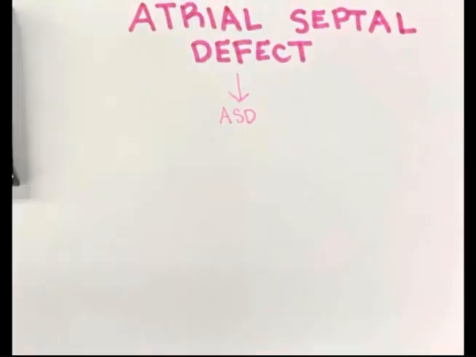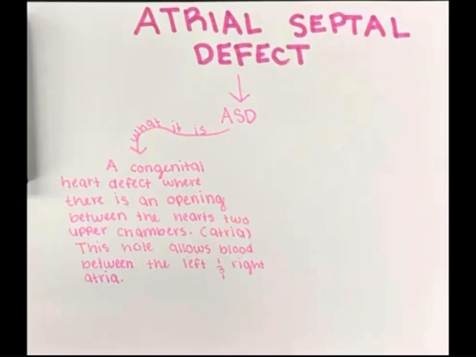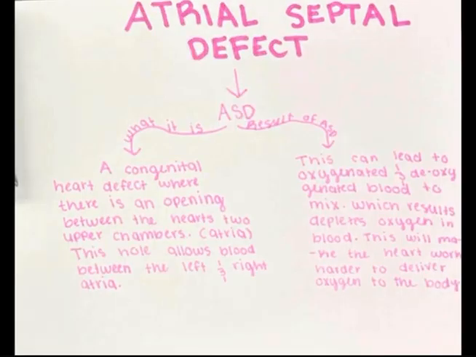Now we're going to be talking about atrial septal defect, also known as ASD. This is a heart defect where there's an opening between the heart's 2 upper chambers, which is a hole that allows blood between the left and right atria. This is a harmful condition because it can lead to deoxygenated and oxygenated blood mixing in the body. This is harmful because it